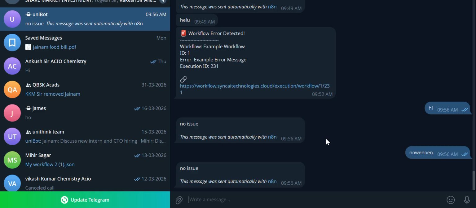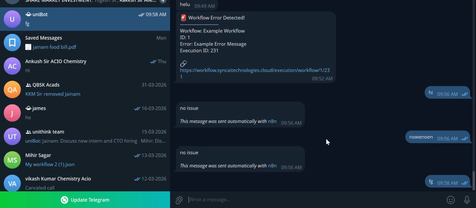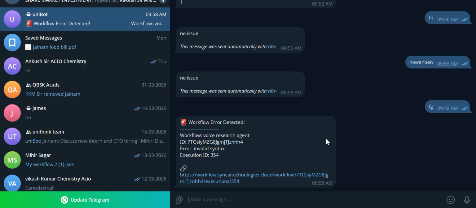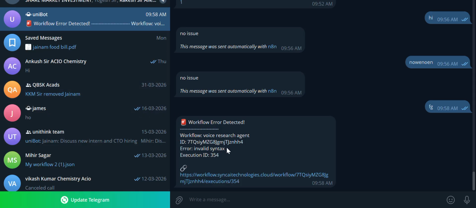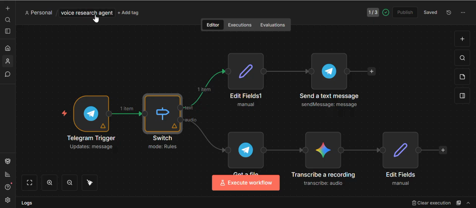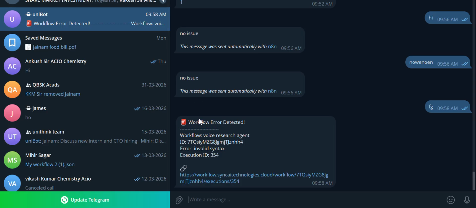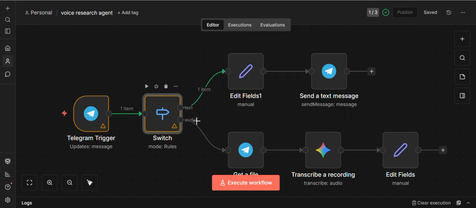Now if I am going to message anything, I won't be getting anything. Why? Because there is an error in this workflow. Okay, so if you're going to see this, the name of this agent is voice research agent, right? So it is showing now why we are receiving this message. We are receiving this message because of our